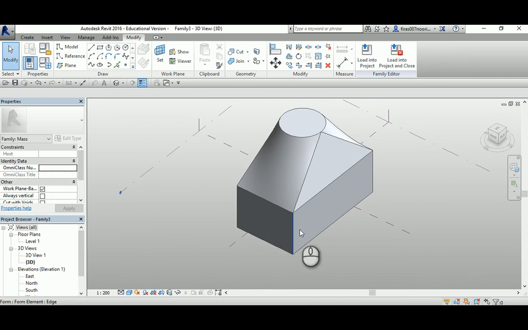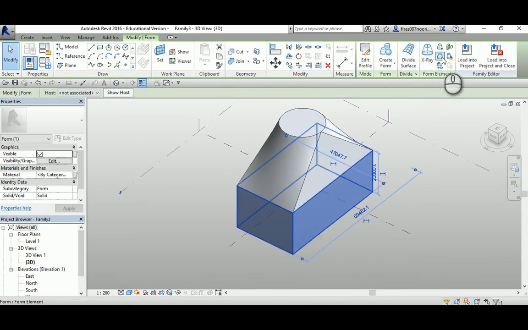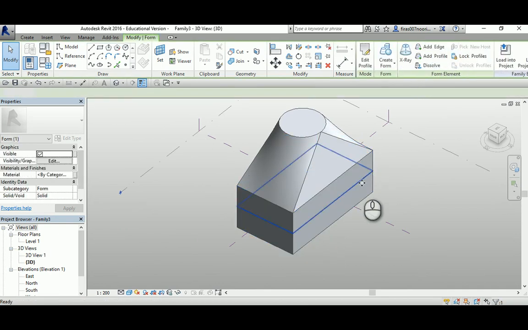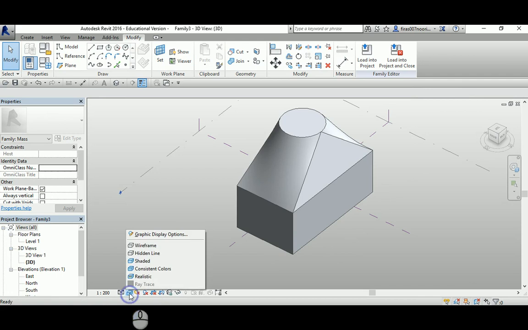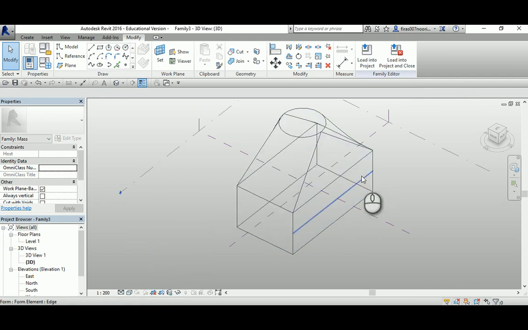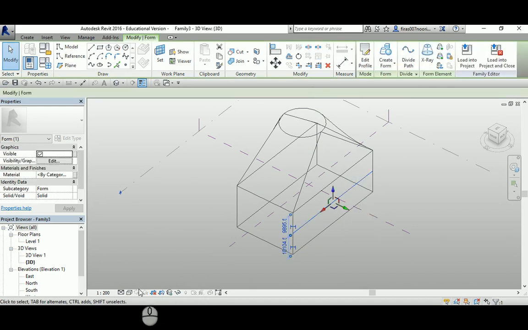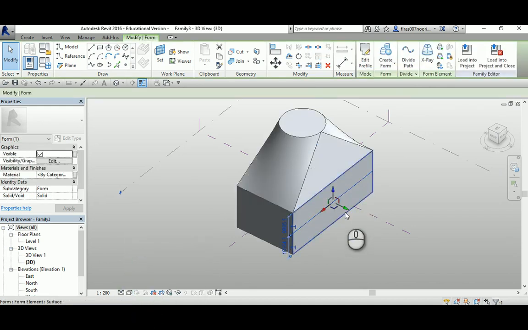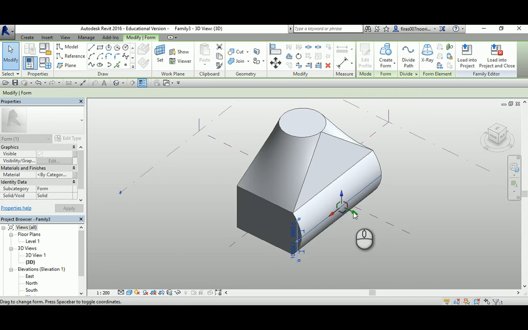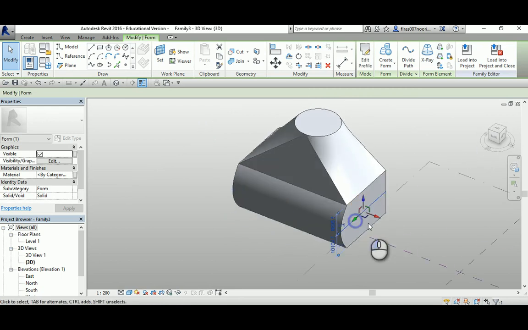I can go ahead and add a profile, and see now if I go to wireframe, see the difference. It isn't shown as a fixed segment while it's been added just as a refinery. So I'm gonna drag that, see, and then I'm gonna drag that out,